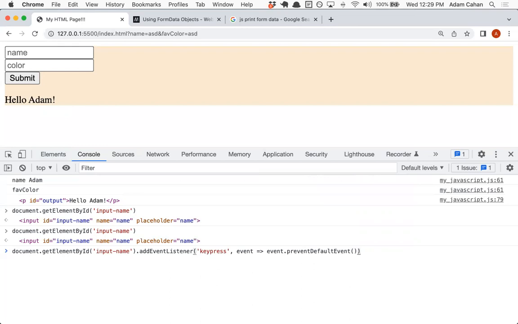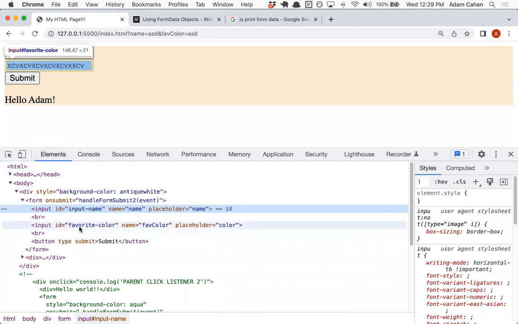Just prevent default. Thank you. Let's see if that works. You guys can't see that I'm pressing on the keyboard, but you'll just have to trust me that I am, and nothing's happening. And here, it works fine. And then if I want to disable it for this one,